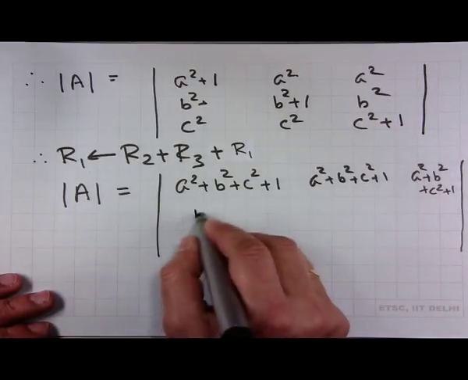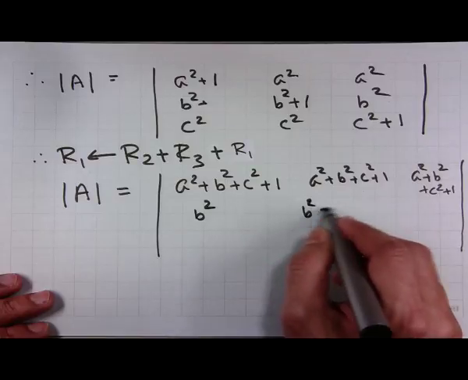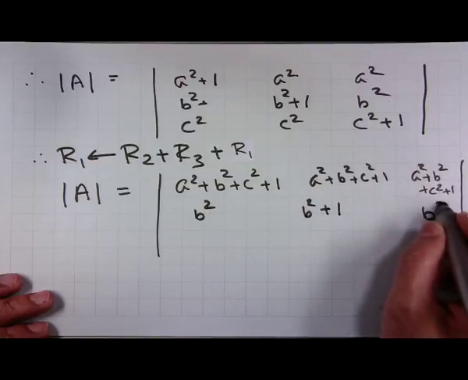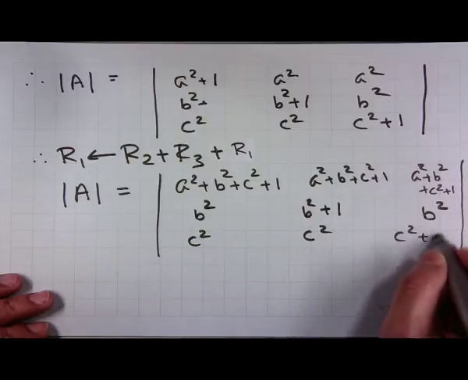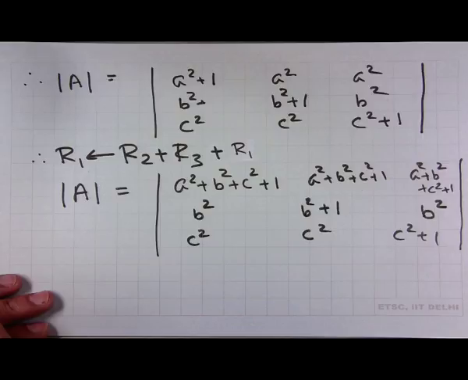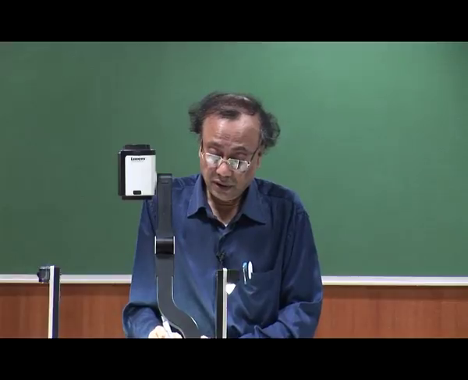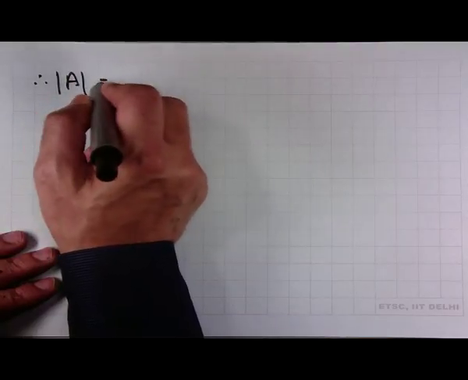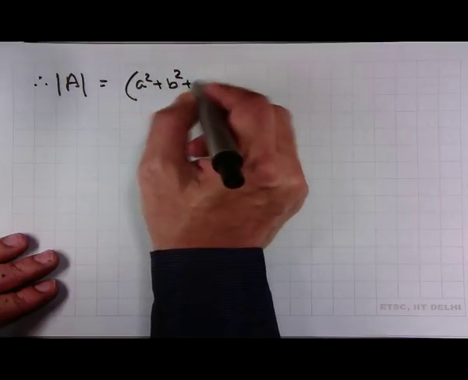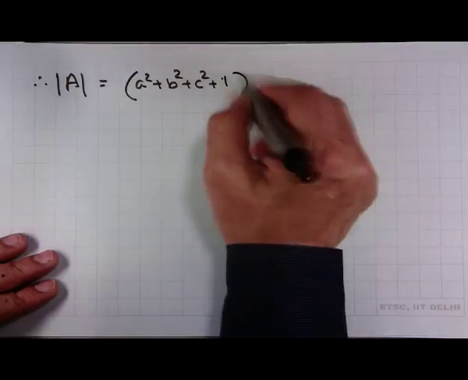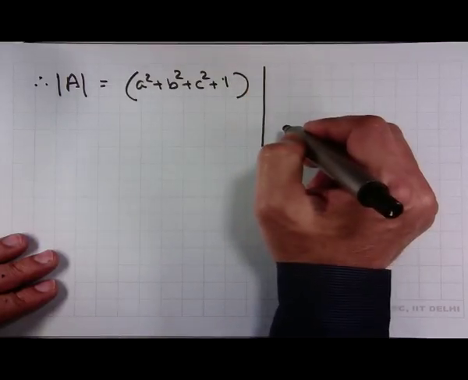Other rows remain the same. What is the advantage? The advantage is that now we can take a square plus b square plus c square plus 1 common out of the first row. Therefore, determinant of A is equal to (a square plus b square plus c square plus 1) into determinant of